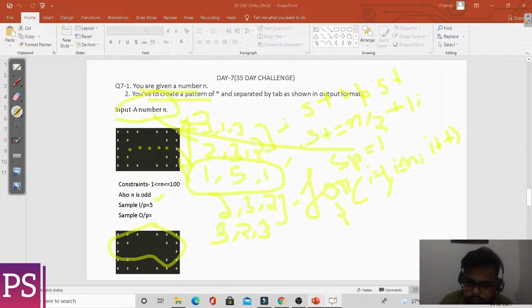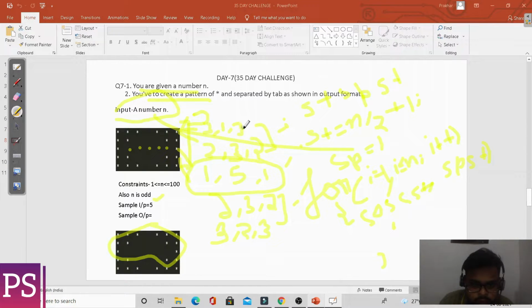Now what will we be printing here? First st stars, then sp spaces, and then again st stars. Now what is the pattern?